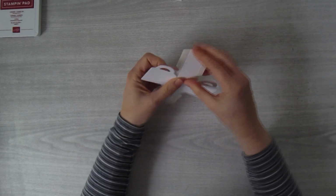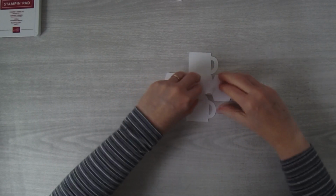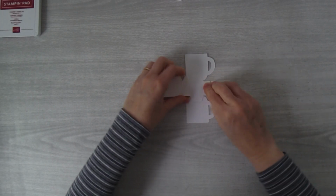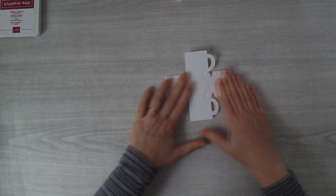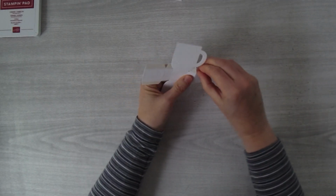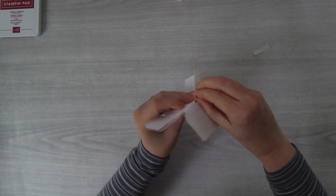Actually, I could fold these along the score lines. That would help me a lot. So let me just fold the little tabs. I think I need to add that to my instruction sheet. Fold along the score lines. I will make sure I add that. But it's kind of intuitive because you're going to have to fold it when you do. Then you'll remove all the liner. I like to do this all at one time so that I don't have to stop once I'm sticking it